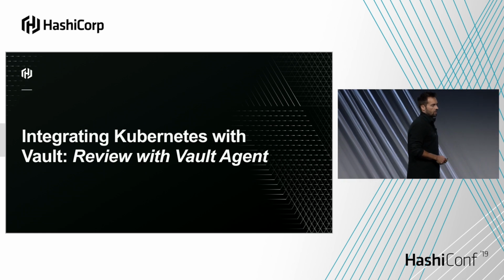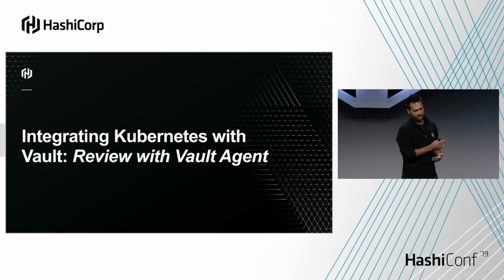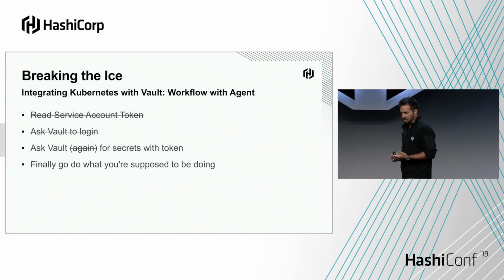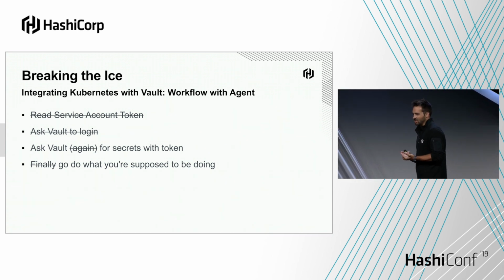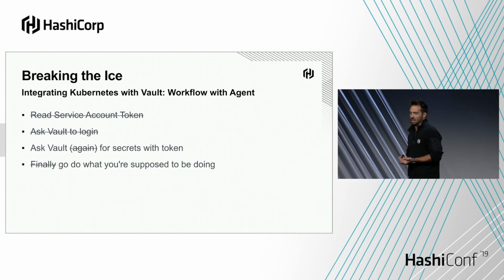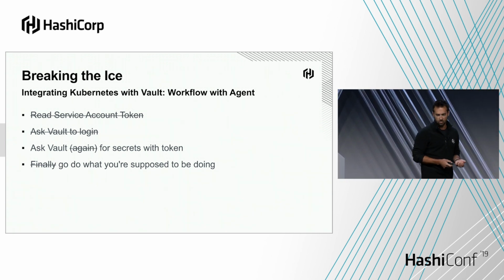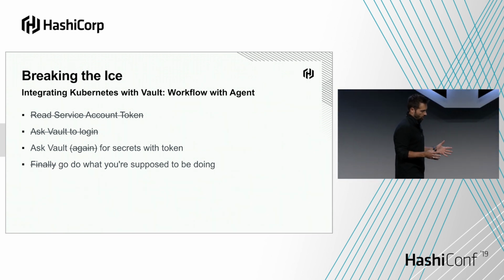So, using Vault Agent to automatically authenticate with Kubernetes. It takes care of a lot of that grunt work for you. You don't have to have code anymore that knows to read the service account token. You don't have to reach out to Vault to log in, and then you still have to ask Vault for tokens. But we've cut 2 of the 4 steps out here, right? So we're trying to make things easy for you. So that's one quick